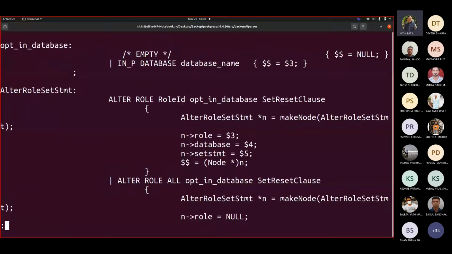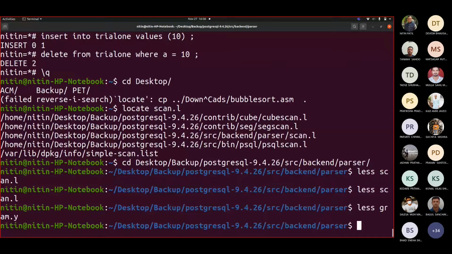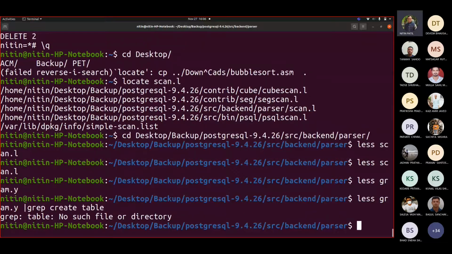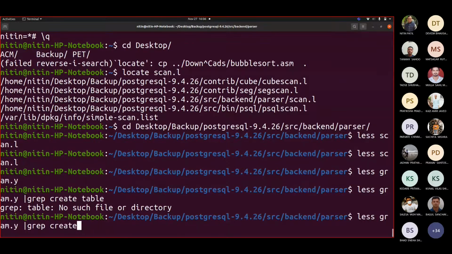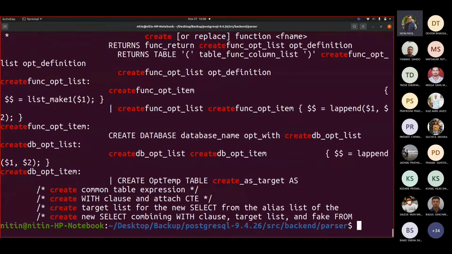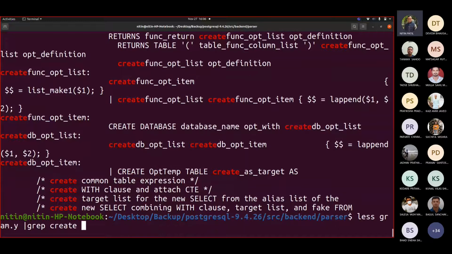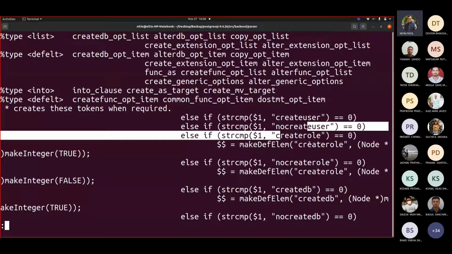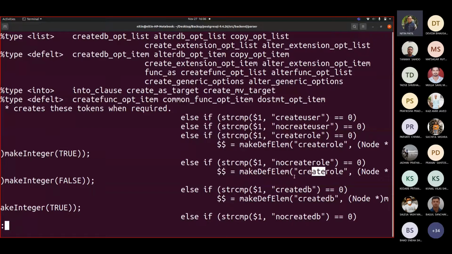So suppose we see where exactly this create comes into the picture. There are multiple things: the way you use create user, no create user, create role, no create role, create DB.